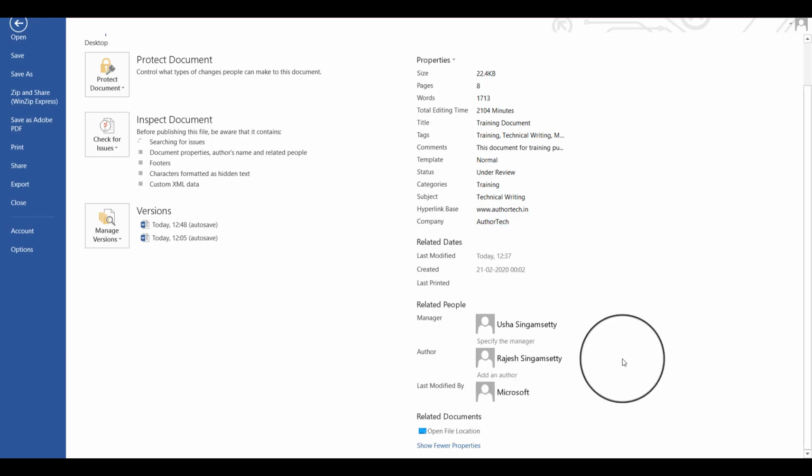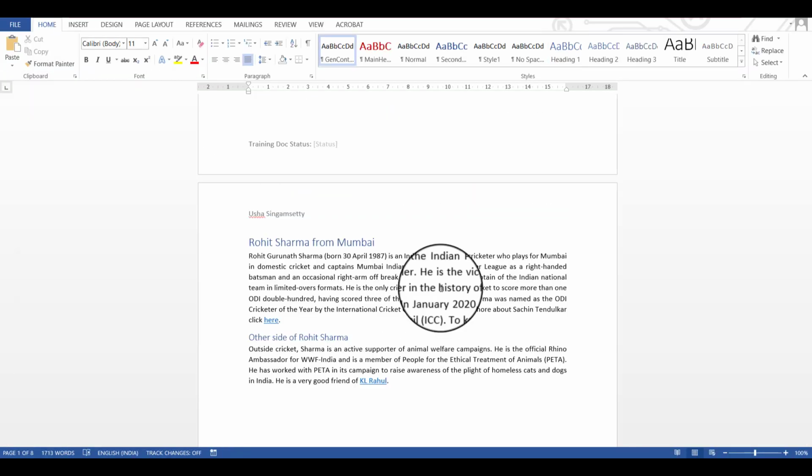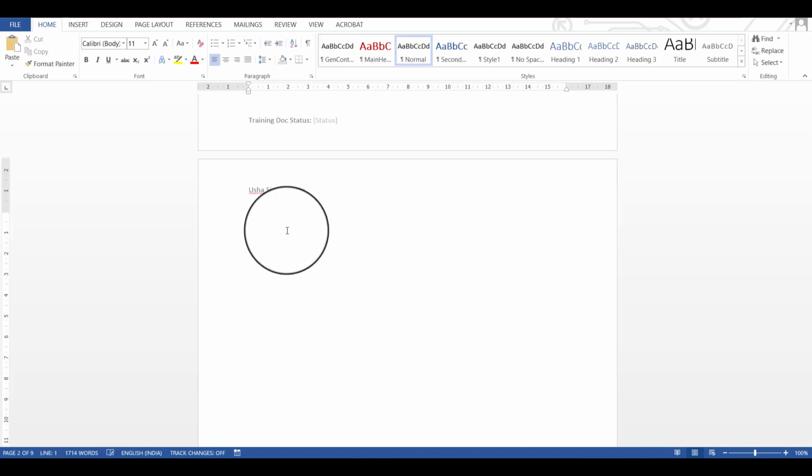So these options play a very important role in your document. I will go back to the document now and I'll show you where these fields can be used. So let's go back to the document. Now, at any given place in the document, I would like to have the document information. I'll say